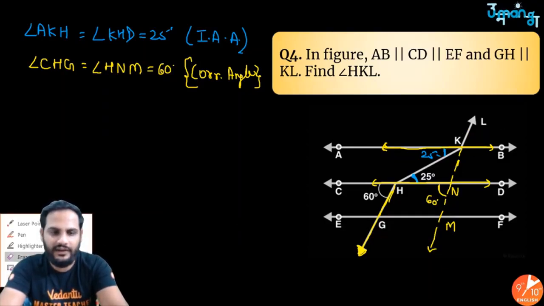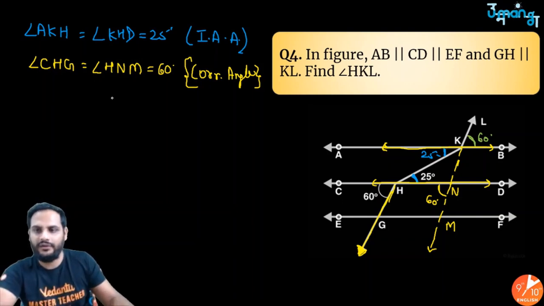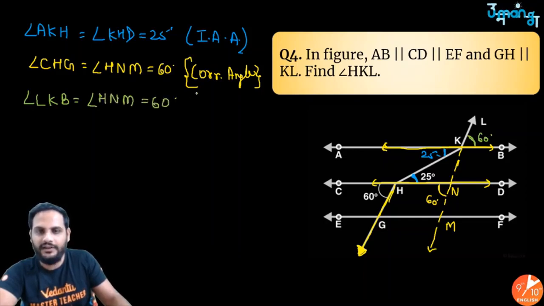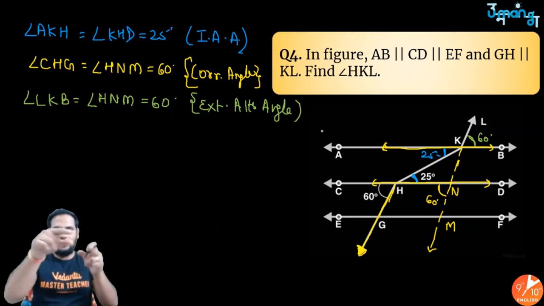So if they are on the opposite side of the transversal, they will be equal. So they are exterior alternate angles. So I can say angle LKB is equal to angle HNM is equal to 60 degrees. The reason is exterior alternate angles. I'm just doing this color coding so that whenever you watch and revise this, by looking at the color of the pen